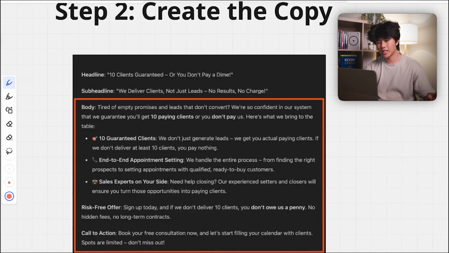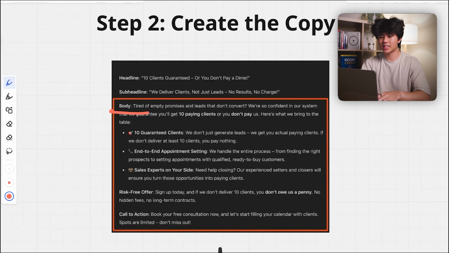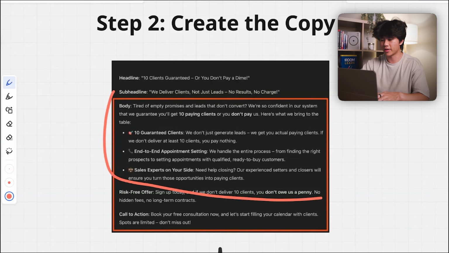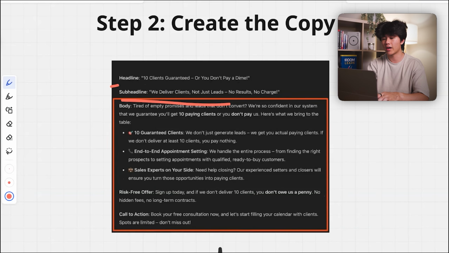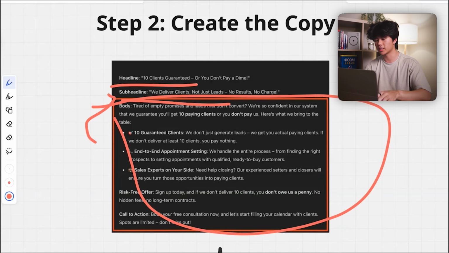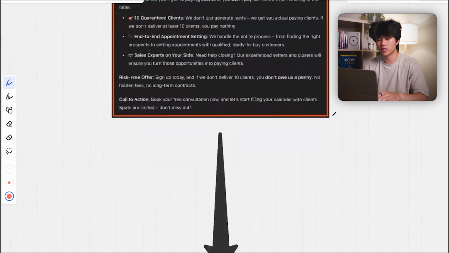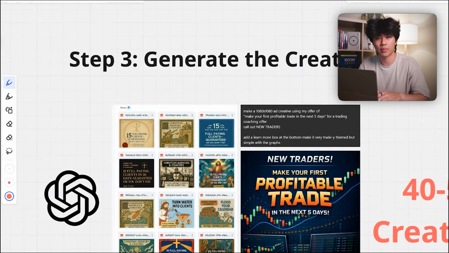So for step 2, creating the copy, right? The place that says the body, that is exactly where you're going to be putting this specific part, into your body for the ad creative. You're going to have the headline and the sub headline already. As long as you give the green light that it is a good offer, you can put it into there. The body is going to match the headline and the sub headline. Once you make sure that the copy is good, we can go over to step number 3,